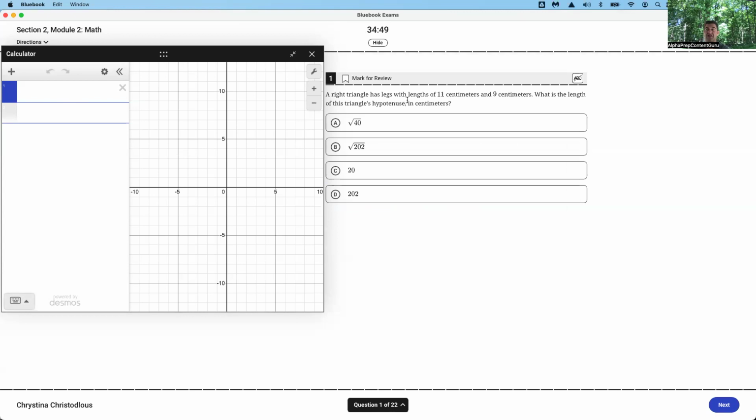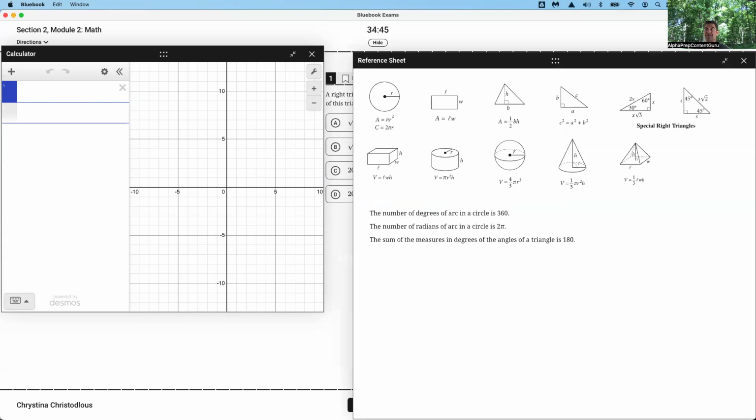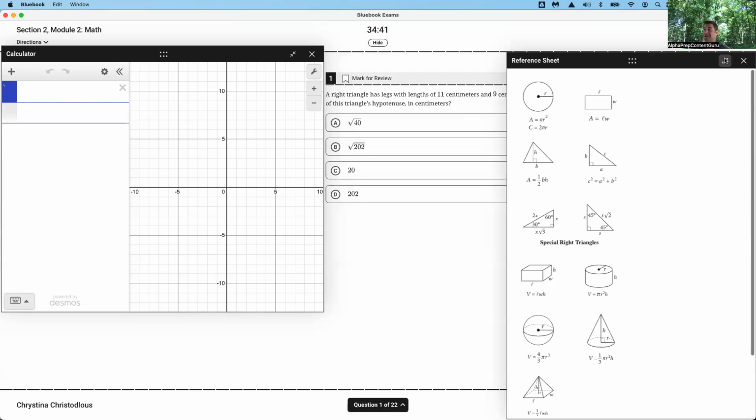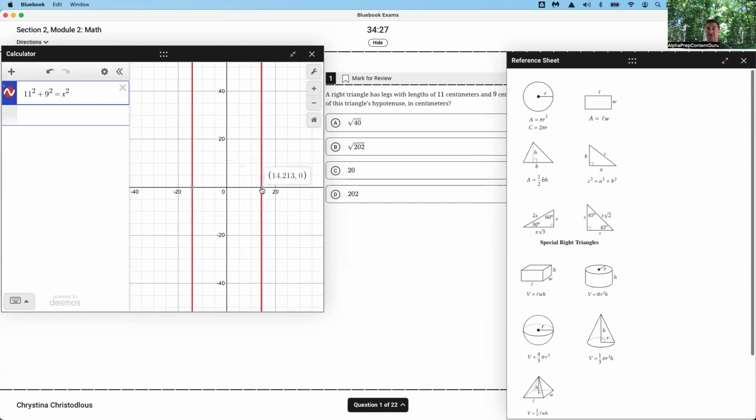Right triangle has legs 11 and 9 centimeters. What's the hypotenuse? I can click on the reference. I can see Pythagorean theorem right here. That's great. I'm in. 11 squared plus 9 squared equals x squared. I'm going to zoom out. I'm going to look for the vertical line, click on where it crosses, and know that 14.213